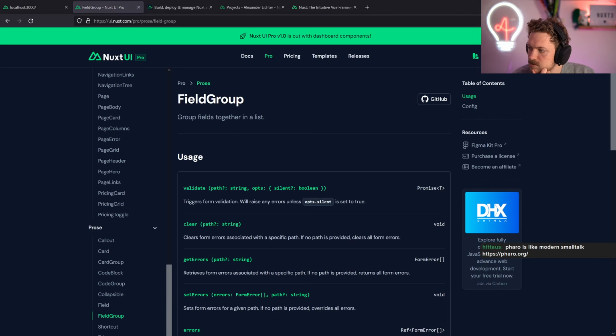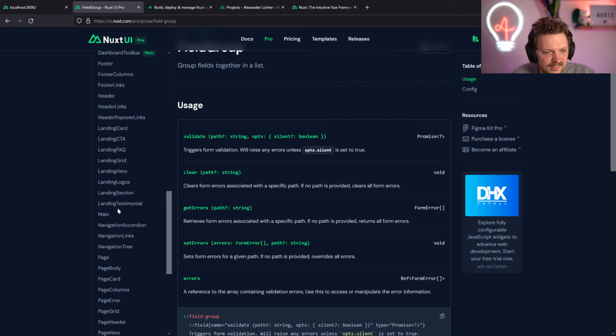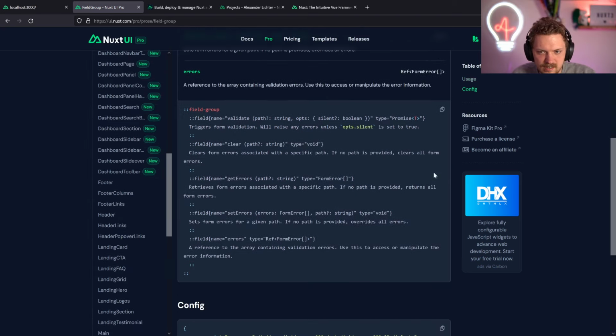Pharo is more like modern Smalltalk. Pharo, the immersive programming experience. I see. That looks like modern Smalltalk, if you say so. Interesting. Pure object-oriented programming language and powerful environment. Yeah, but when it comes to OOP, I mean, OOP in Smalltalk is better than OOP in Java, in my opinion. But yeah, OOP is still a different kind of jam. Nevertheless,